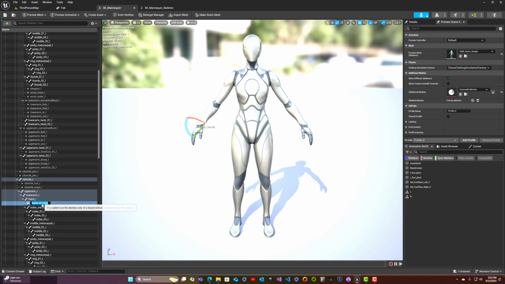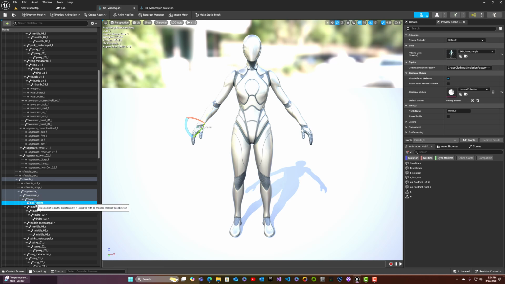If I double-click that, I can rename it. Maybe I want Quinn to be holding on to some sort of ball, for example. I could name this whatever makes sense to me, ball_socket. And notice that it is indented underneath the right hand. That means that its parent is the right hand. So once I position that ball correctly relative to the right hand's transform, it's going to ultimately follow the transform